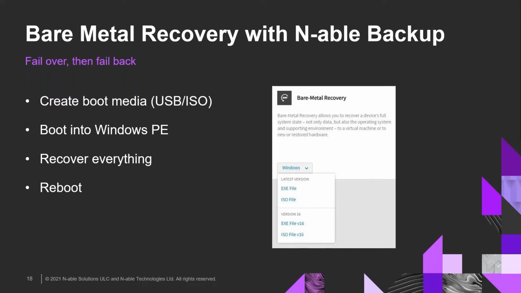So we're going to boot either using a USB stick that we create with an executable. It's available for download, or we're going to boot up to an ISO image that you would burn to CD and drop into your server. However, in my scenario today, I'm going to take the ISO and just mount it in an empty virtual machine inside of Hyper-V, so that way we can share it on the screen. I can record the screens and we can access it remotely